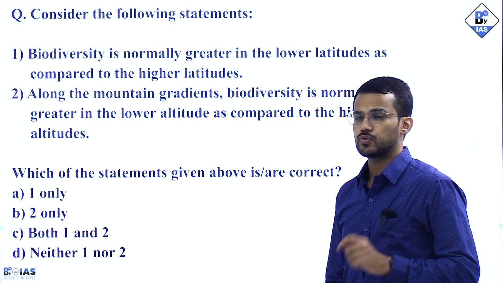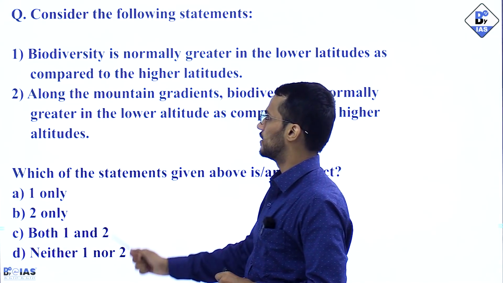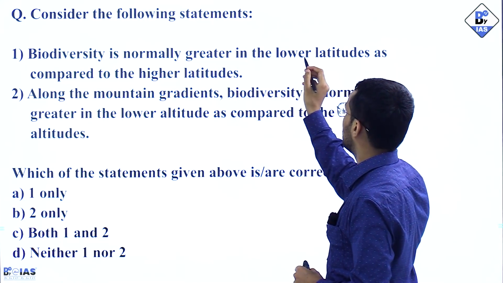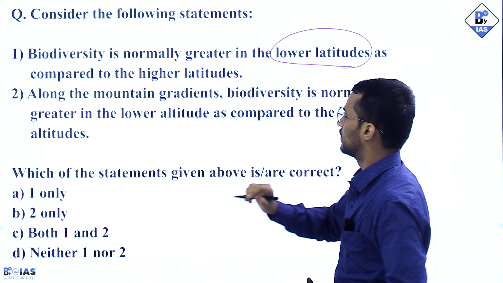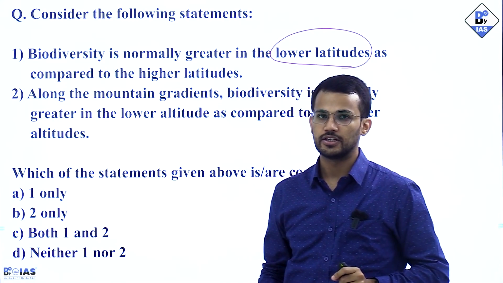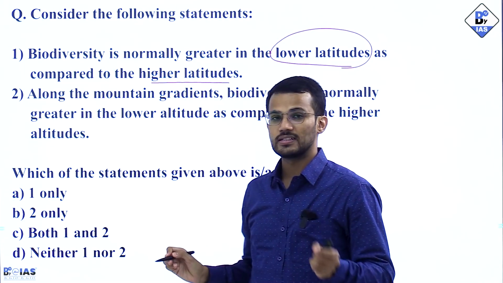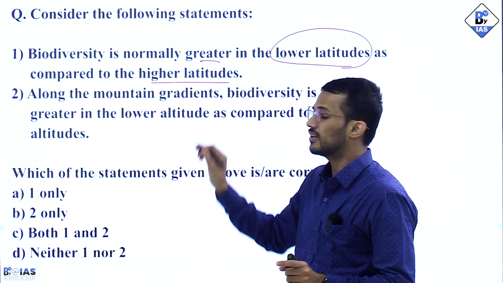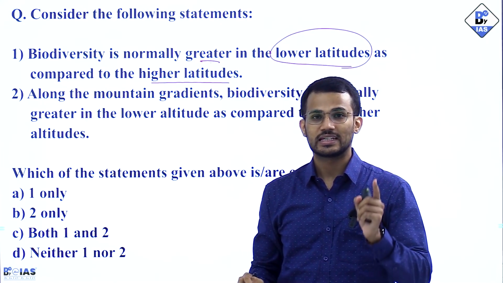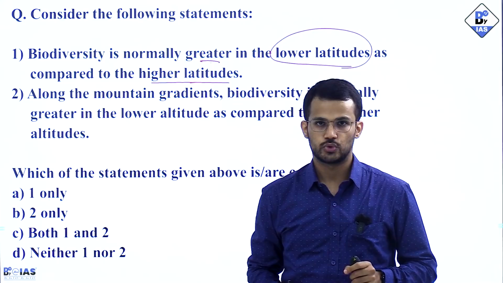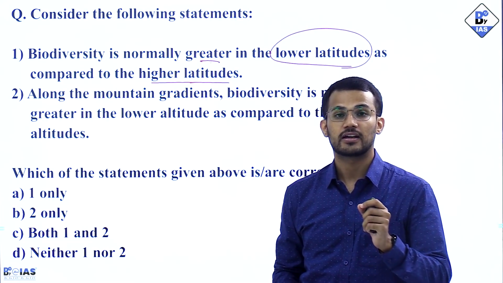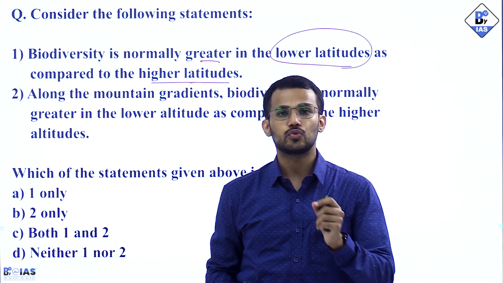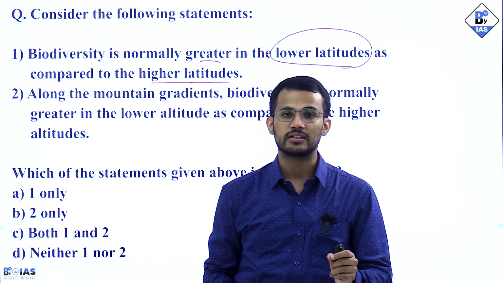So next question again from ecology section. Consider the following statements. First statement is biodiversity is normally greater in the lower latitudes as compared to higher latitudes, right? So biodiversity is greater at the lower latitudes compared to higher latitudes. So this statement is correct, because at the lower latitudes, the conditions